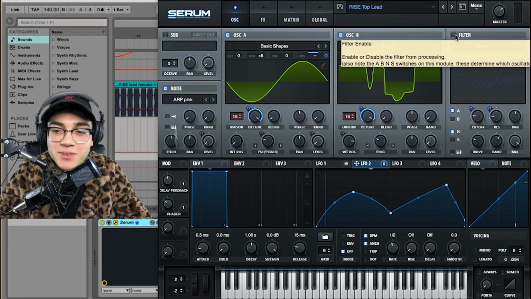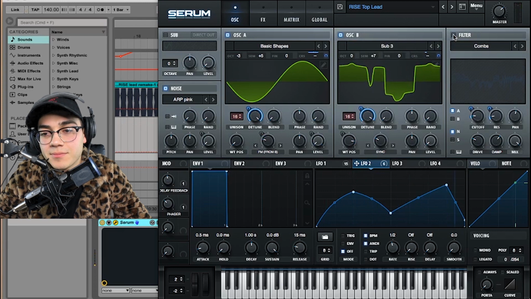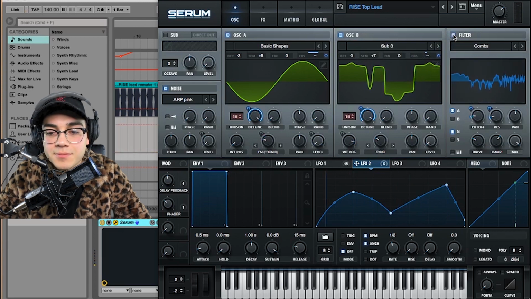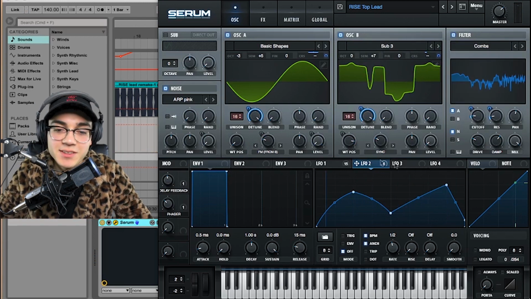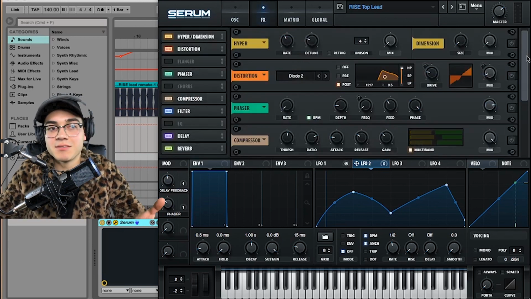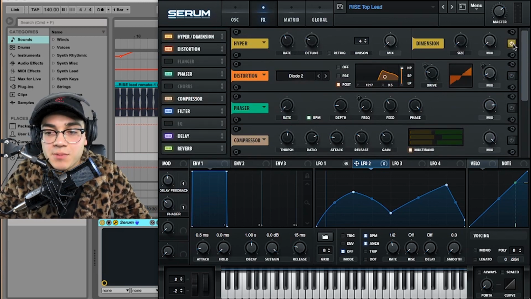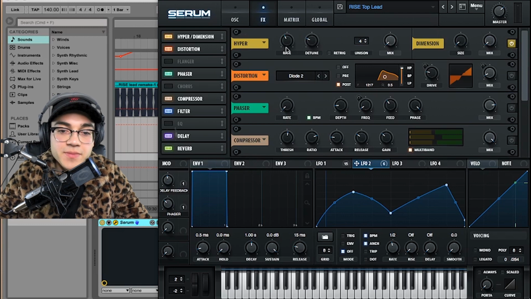See, but then you put on the Combs filter. Damn, that makes the sound right there. All we got to do is put cool effects on it and then post-processing, and then we got it. So there's a lot of effects. The first thing we put on was the hyper,